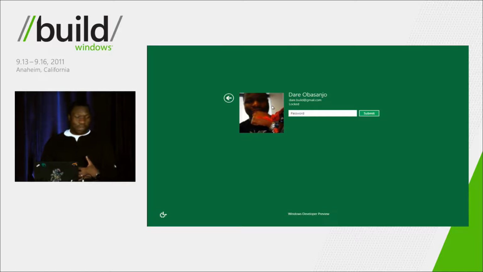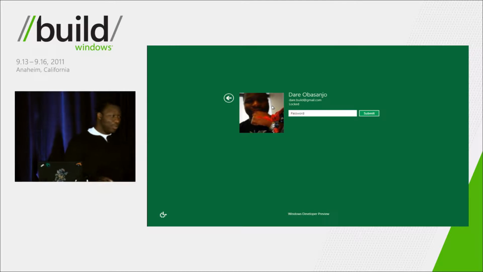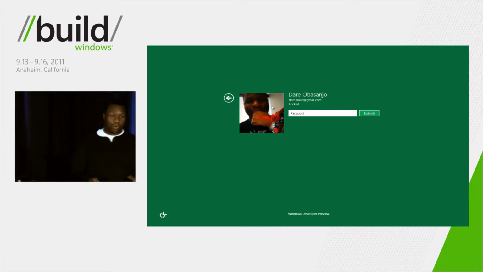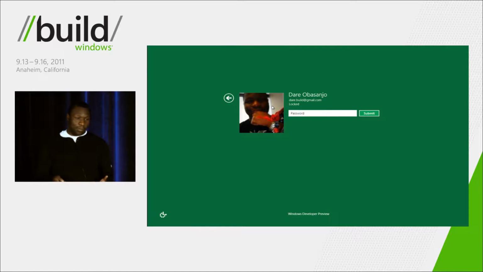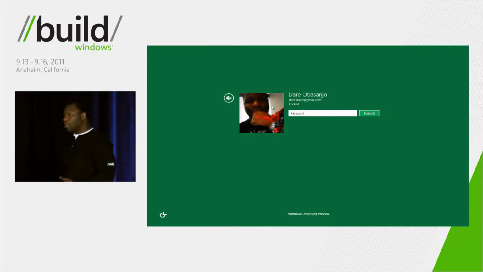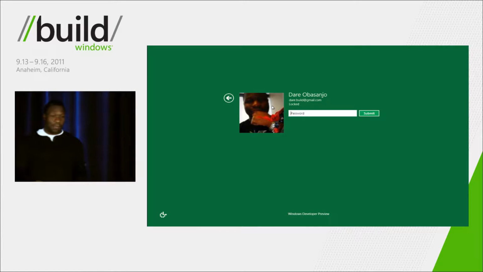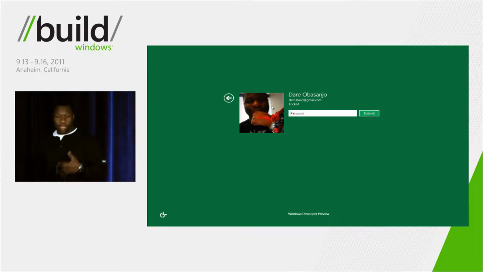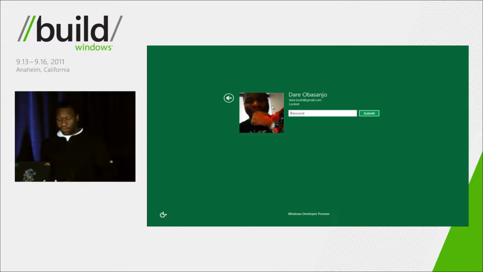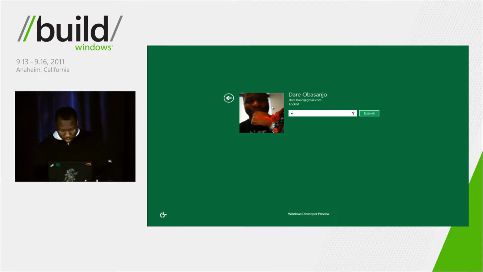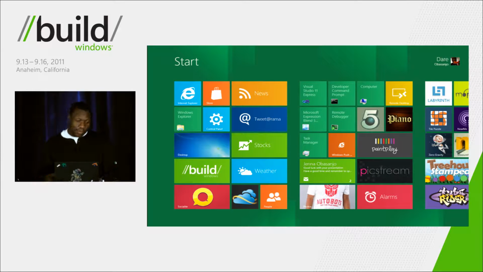So here, this is my Windows login screen, and I'm about to sign in with a Live ID. You will note that it's a Gmail account, and that's because Windows Live ID supports you bringing any email address that can be verified. So it doesn't have to be a Hotmail account or an @live.com account. It can be a Gmail account, a Yahoo account, any email address that's verifiable. So I'm going to go ahead and log in. So now I'm logged in.